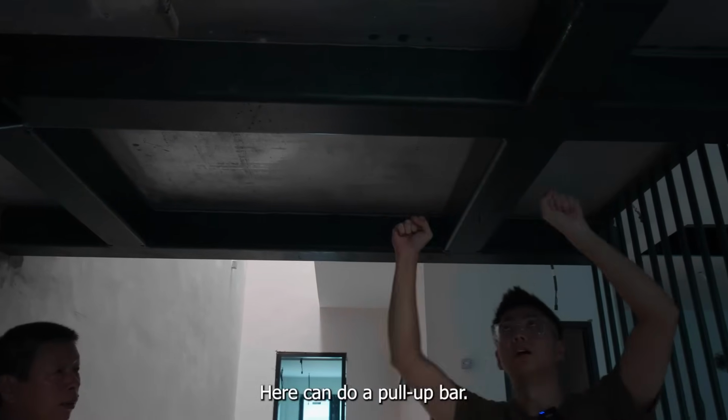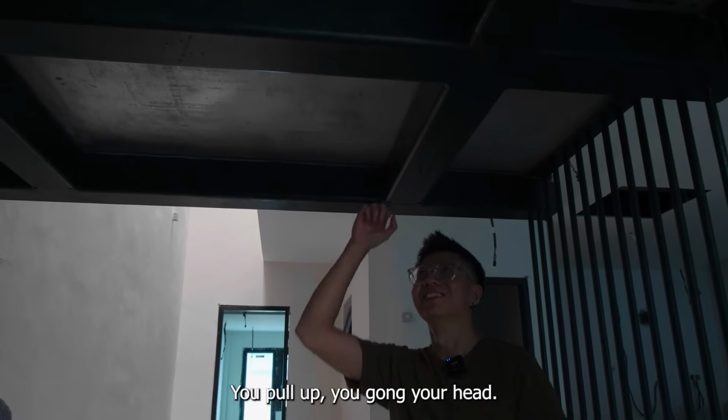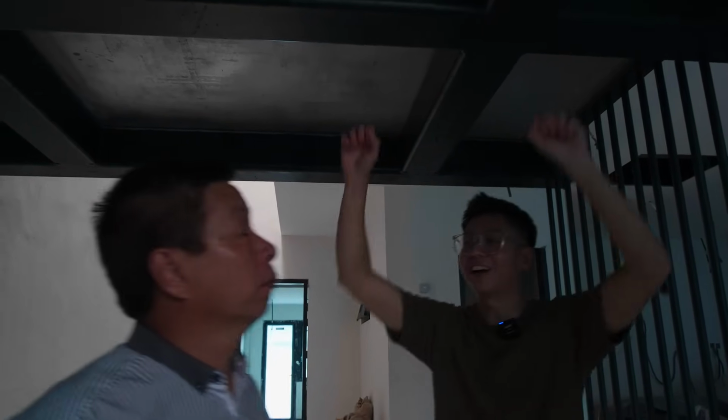Here, can do a pull up bar. Okay, not high enough. You pull up, you bang your head already. 可以拉那个单杠啊。